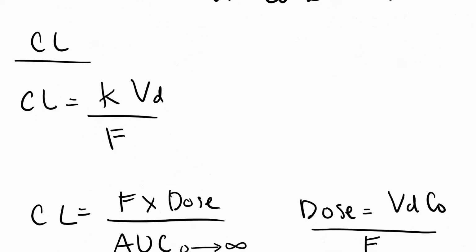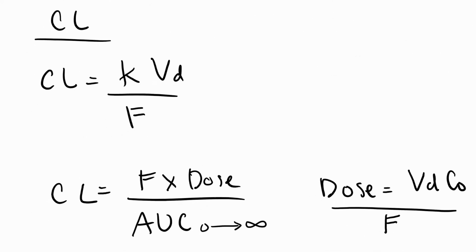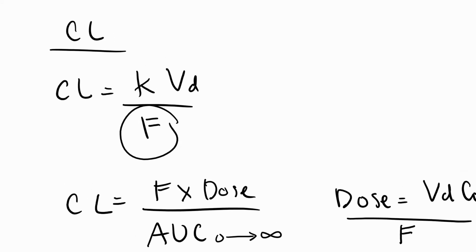Now we go to Cl, or just clearance. The clearance formulas are pretty straightforward, except F. You should know that F is bioavailability. I don't know how to spell that, but yeah. So it's bioavailability. It's ranging from like 0 point, like whatever some number, say a low is like 15%, that's 0.15, and then